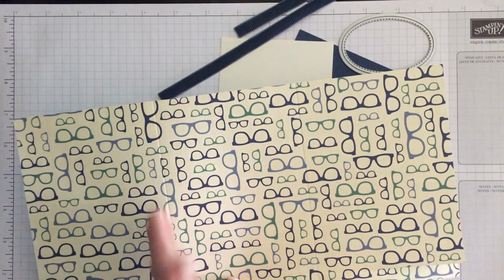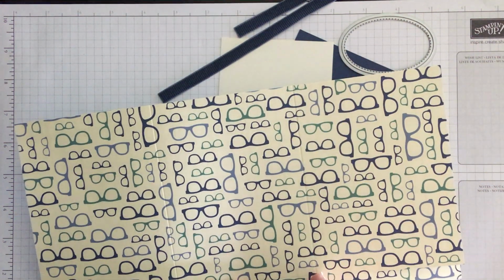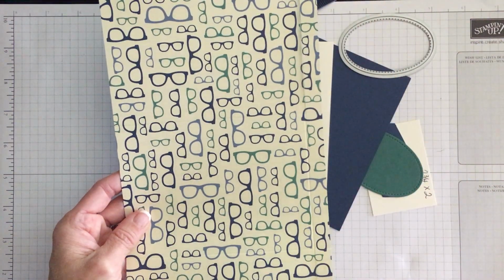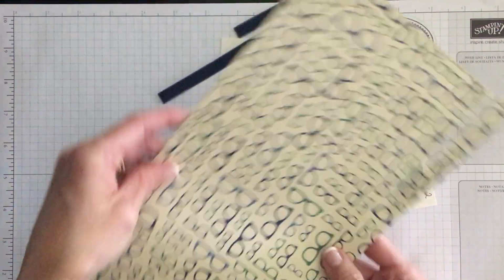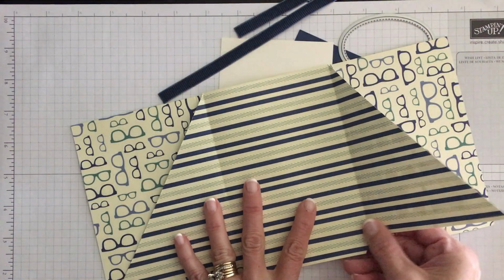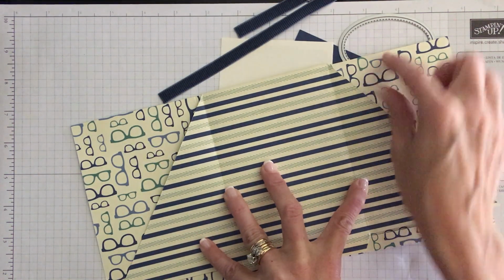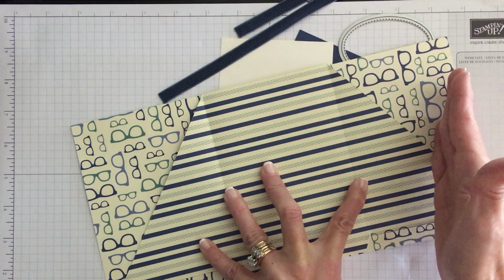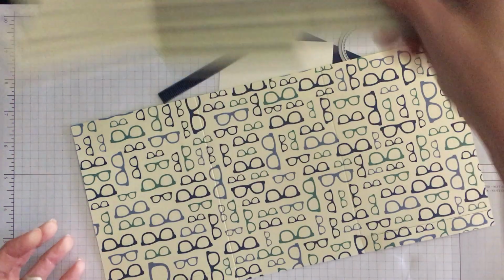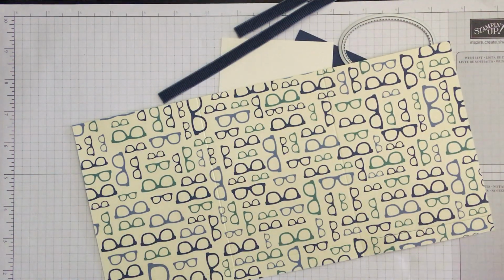And then we're going to score it at 4 and 8, and then we're going to turn it and score it at a 1/2 inch. Now I'm going to show you how we're going to cut this, because you need to have a template that ends up like this, where the 2 triangles on the right side and the left side are cut off, and the flaps at the bottom are cut off. So we're going to do that on our Stampin' trimmer. So we get out our Stampin' trimmer,